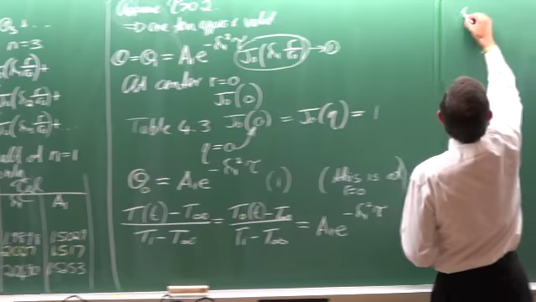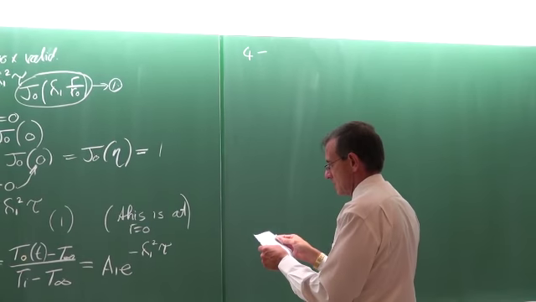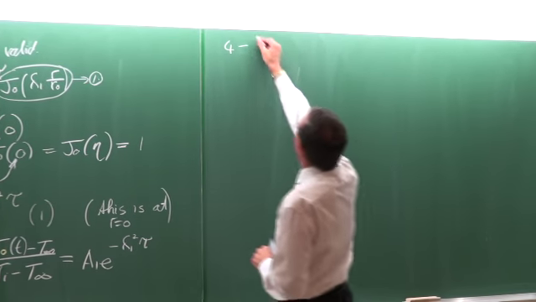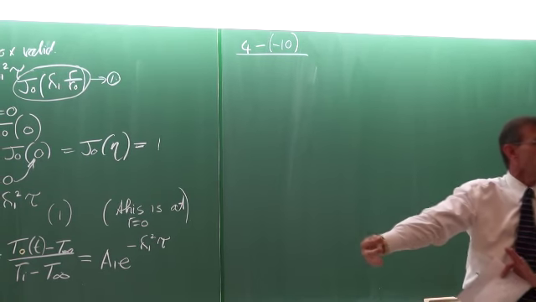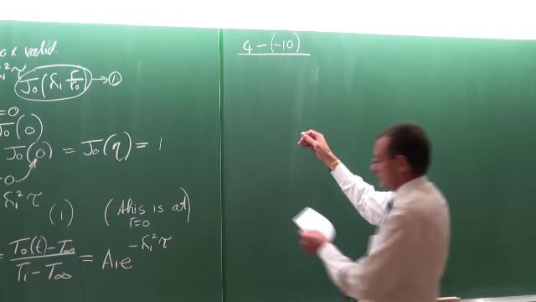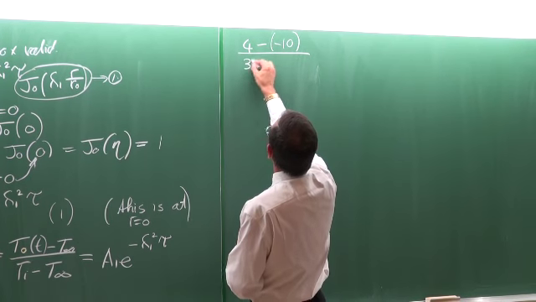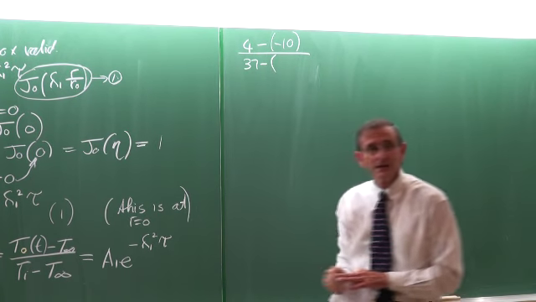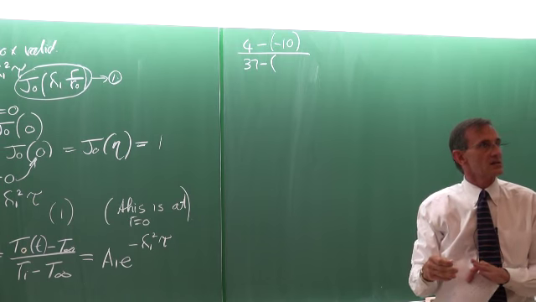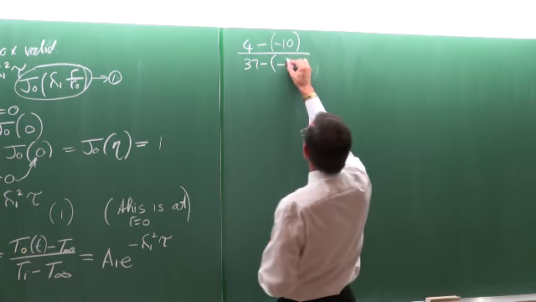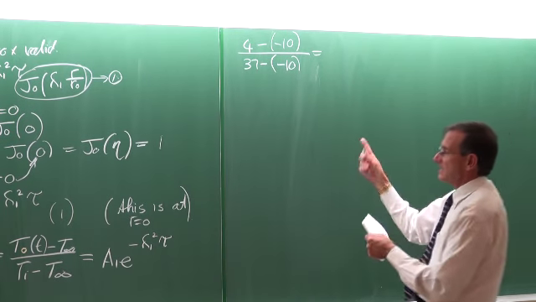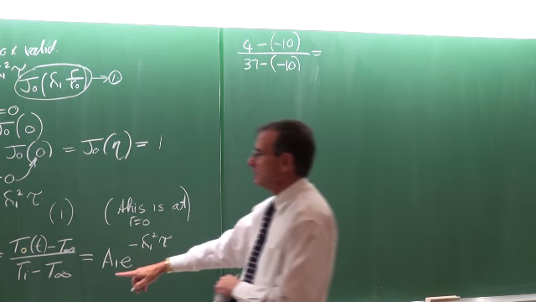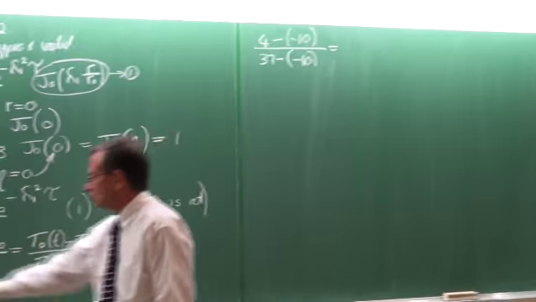So that temperature is 4 minus minus 10, the outside temperature, divided by the initial temperature, which is 37, again minus the outside temperature, which is minus 10. And that is then equal to A1,